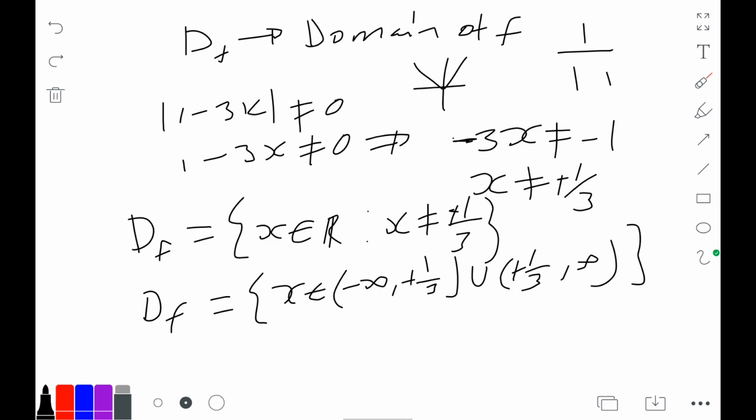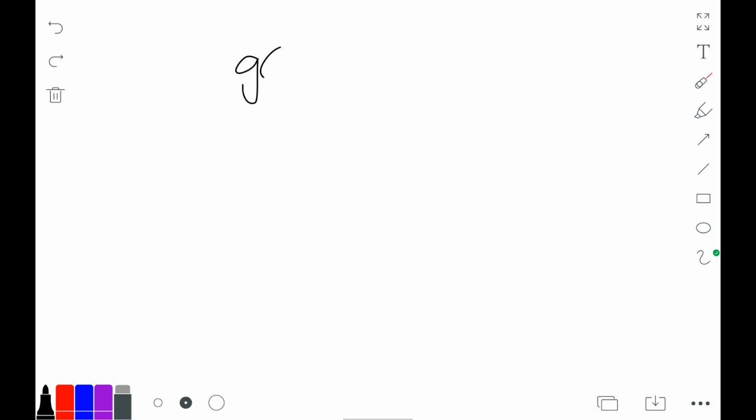So that's how you find the domain of the function f of x. Now let's go to the function g of x. For g of x, you are given that g of x equals log base 1 over 3 of 1 over 3x